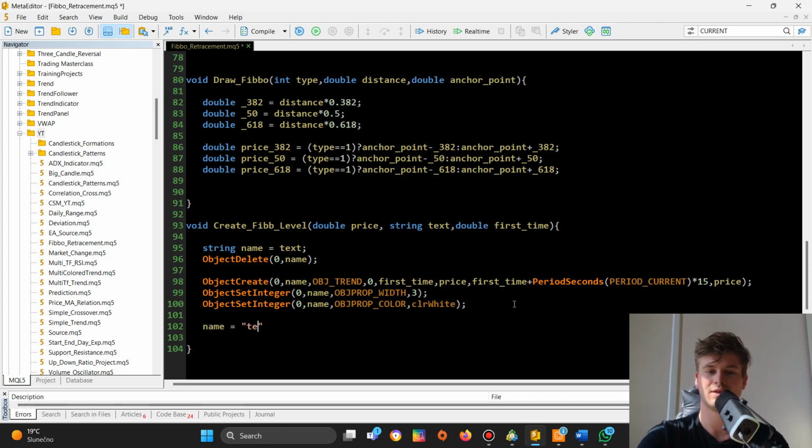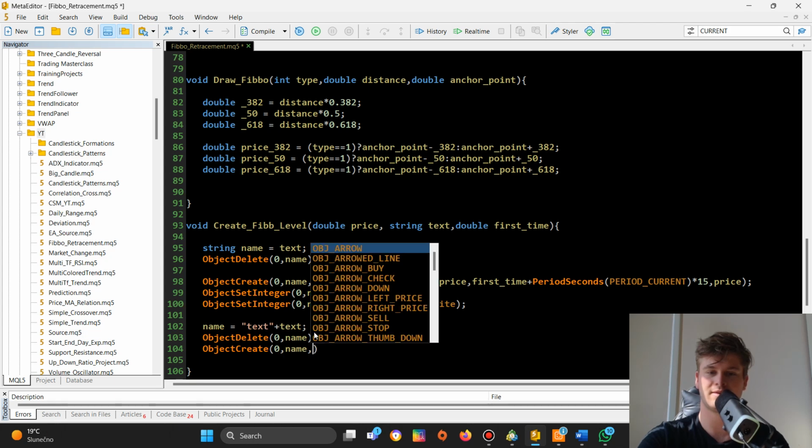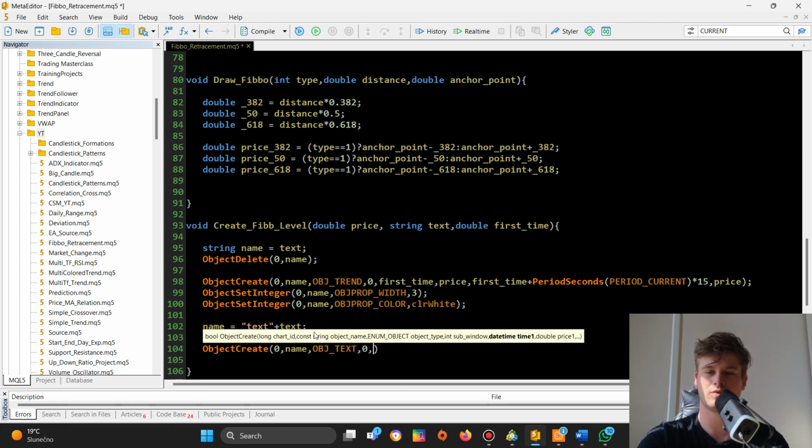Name is equal to text plus text, and I will do the same thing. So I will firstly delete the previous object with that specific name, and then I will create. So object create 0 name, object text 0 now time